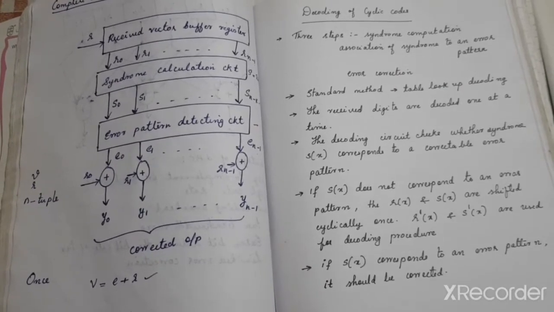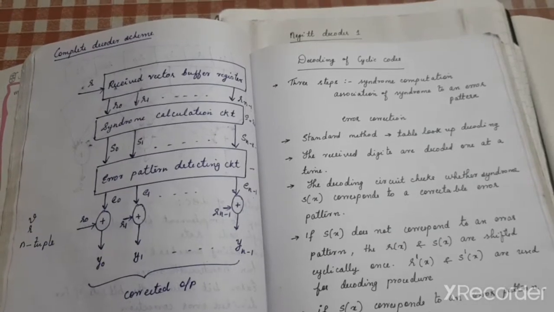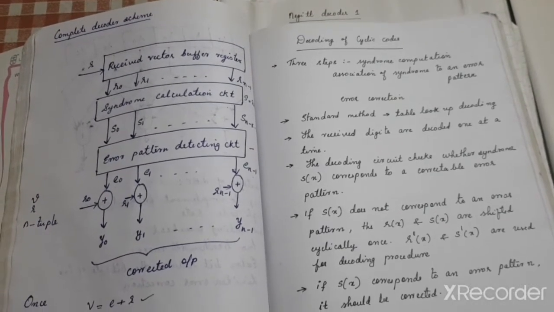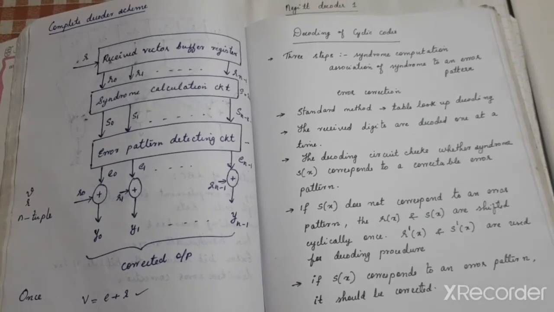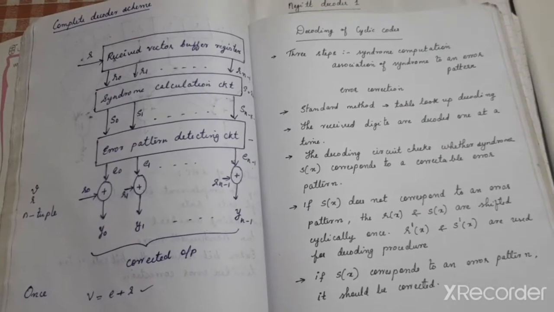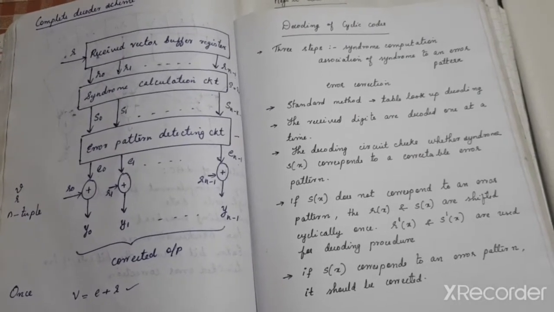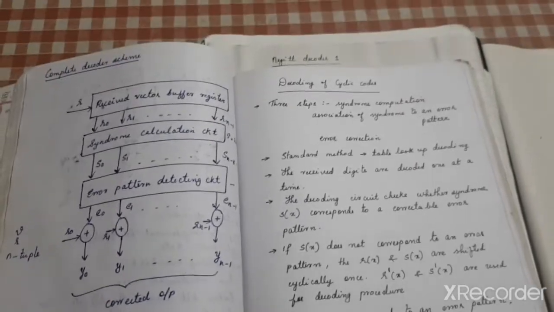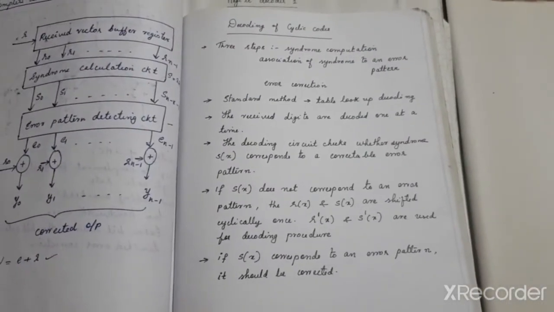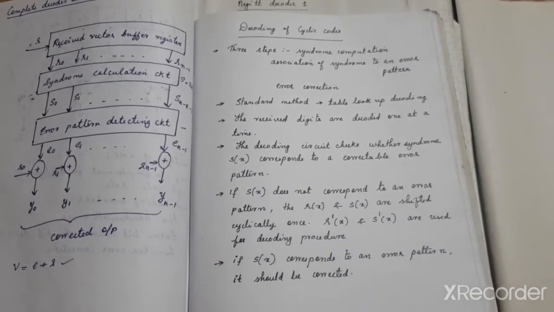And we know when it comes to cyclic codes, how we compute the syndrome. I think you should already know all these things, like how we compute the syndrome for the received vector. From the received vector, it's just by taking r of x by g of x and then taking the remainder, we can find out the syndrome. So generally speaking, these are the steps we are going to implement for the decoding of the cyclic codes.